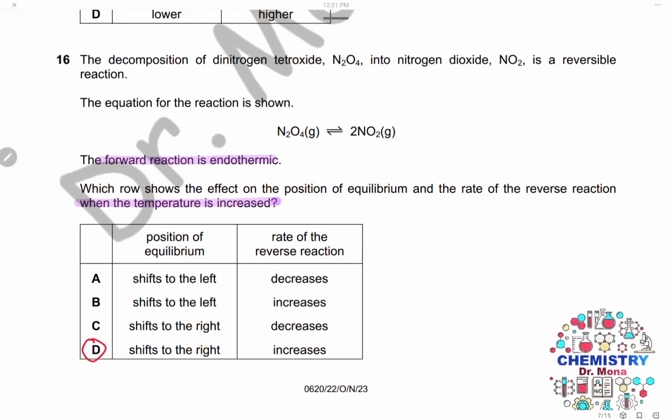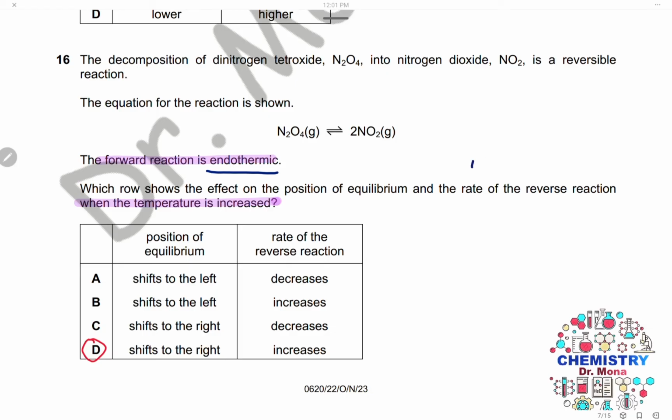The decomposition of dinitrogen tetroxide into nitrogen dioxide is a reversible reaction. The equation for the reaction is shown. The forward reaction is endothermic. Which row shows the effect on the position of equilibrium and the rate of the reverse reaction when the temperature